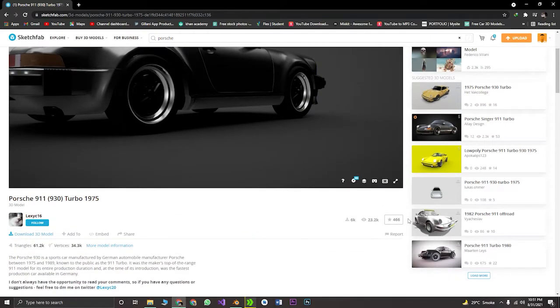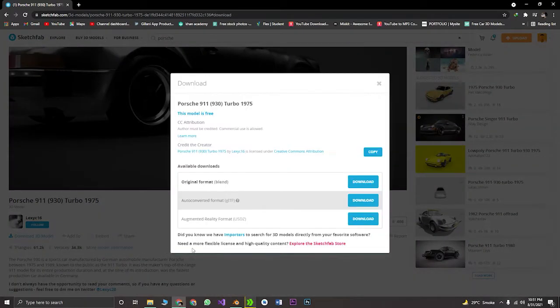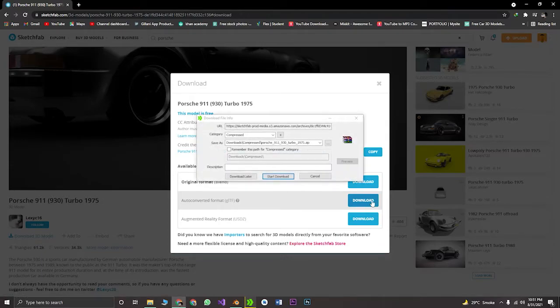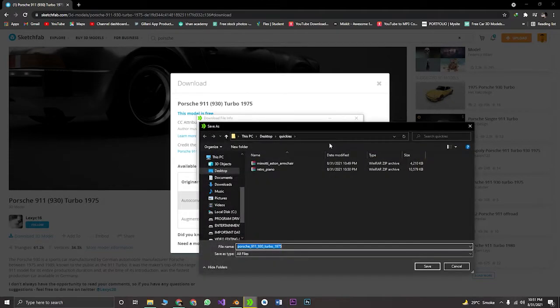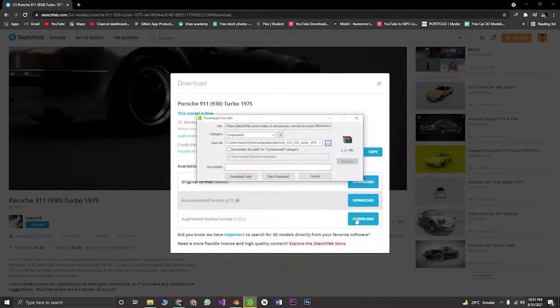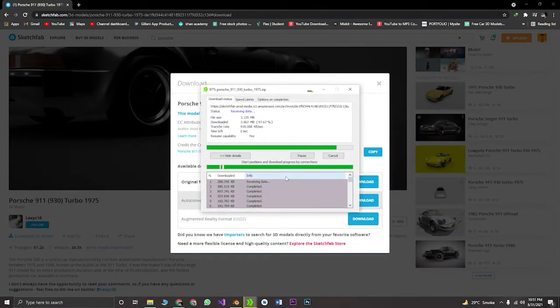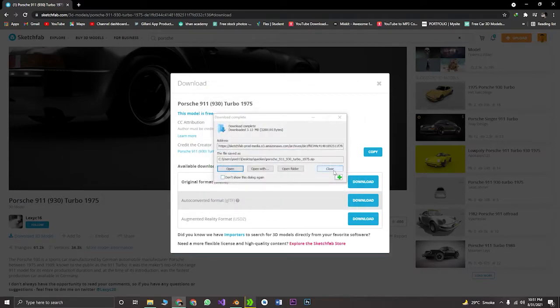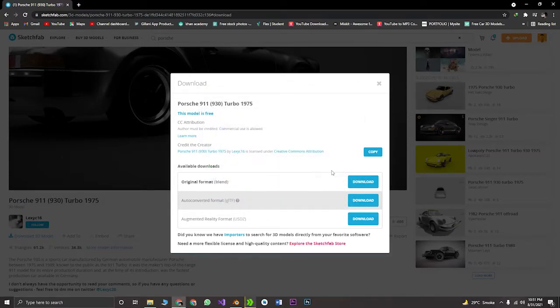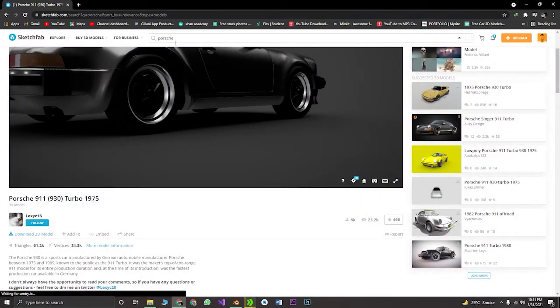This model is by Lexi C16. If you are watching this, nice work. We will download this model by clicking on the download button. It's downloaded. So now we will have to stage the set, but before that, let's download our